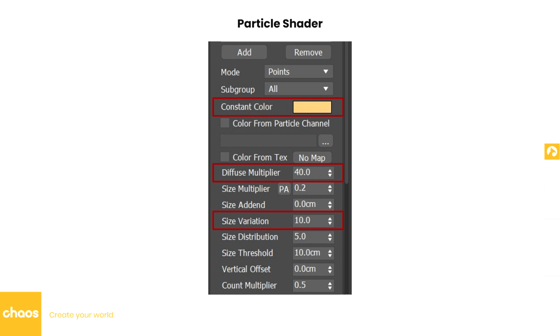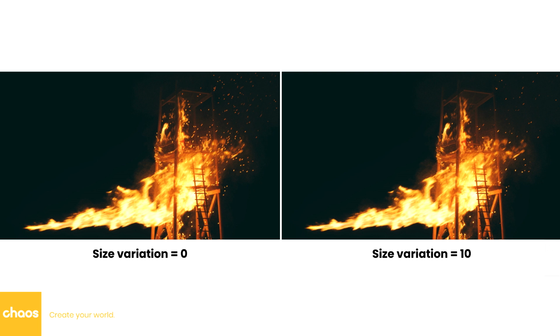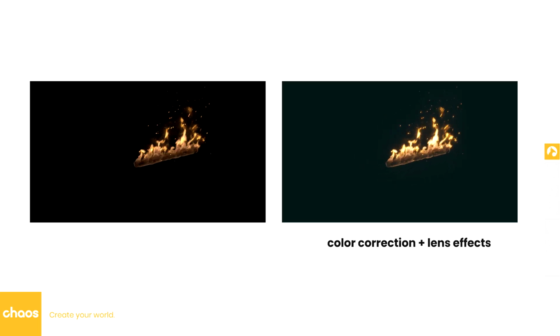This is the particle shader I used for the embers. I gave it a yellowish color to match the appearance of real embers. Currently, Phoenix does not support self-illumination in the particle shader, so I used a high value of the diffuse multiplier to give the embers a bright appearance. I also added size variation in the particle shader for the particles, making the embers look less uniform and more realistic. To add a final touch of realism, we can apply color correction and add lens effects in the V-Ray